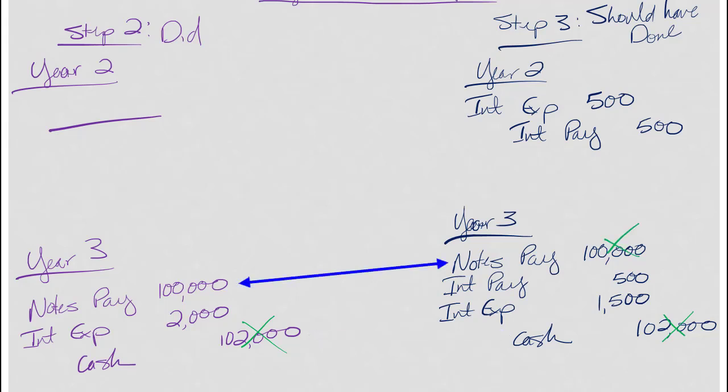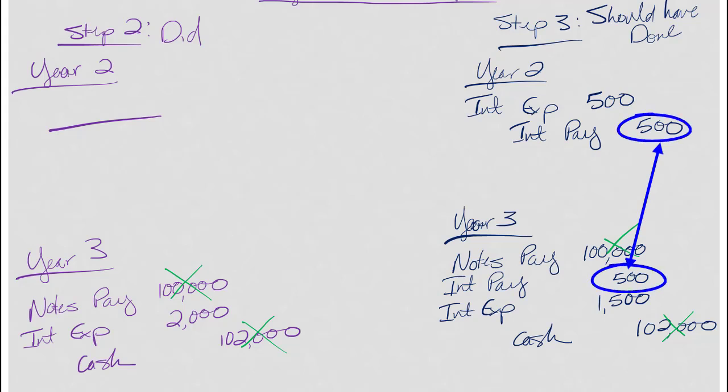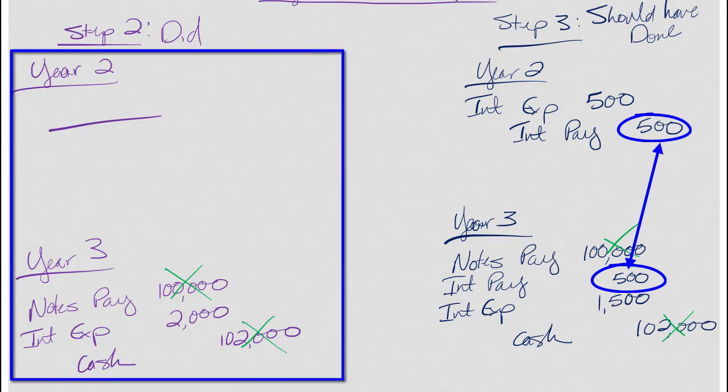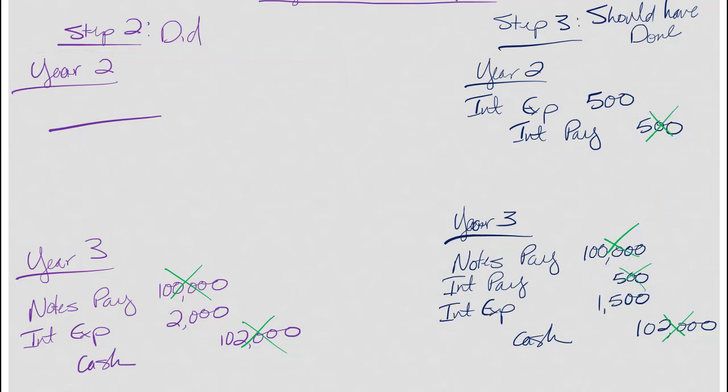Same thing with note payable. That's right. The other thing that's right is interest payable. Interest payable should have been opened and then closed, so it should have a 0 balance. I show no balance in interest payable over in what I did, so I don't have to worry about the interest payable either. So all I really need to worry about is the interest expense.